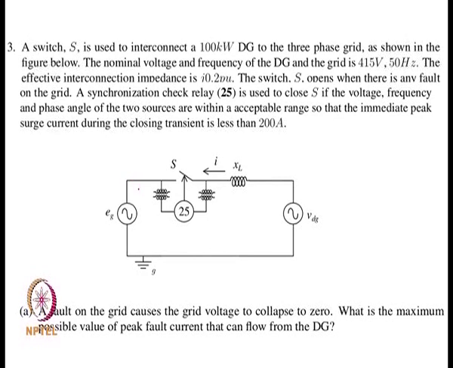One, say when you are operating the DG in parallel, when the switch is closed and say you have, for some reason there is a fault and the voltage on the grid becomes dead short. So, you will have a transient current flowing out. You want to actually look at what is that value. Then the second situation that you want to see is, in response to the fault, the switch has opened and now you have voltages of the grid and the DG which are close by, but not exactly identical. So, when you close the switch, what would be the transient currents that are flowing between your grid and the DG. So, for the first problem,